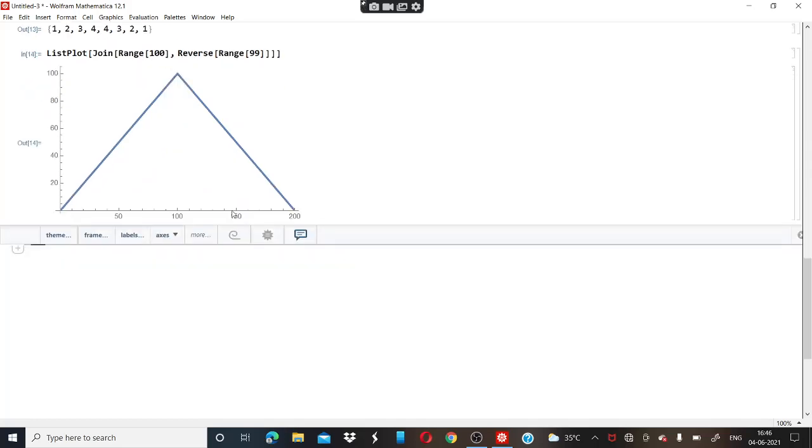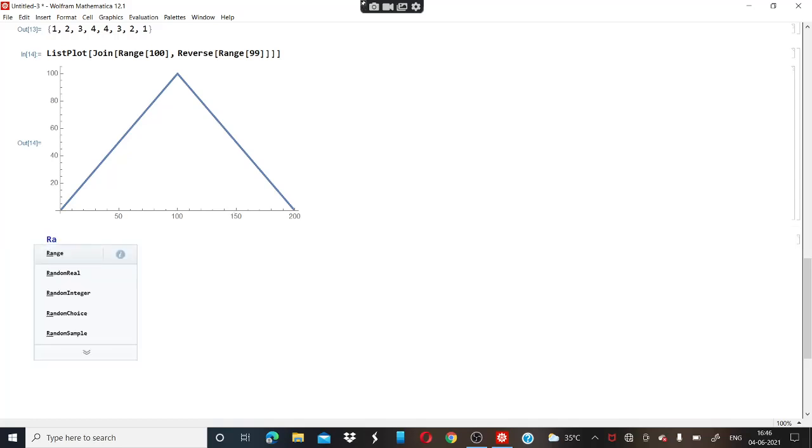Okay. Now, our next question is, use range and random integer to make a list with a random length up to 10. So for this purpose, we are going to do this, that is range in bracket, and we want random integer.